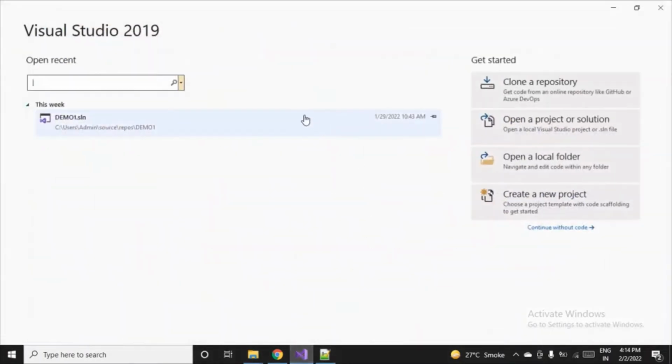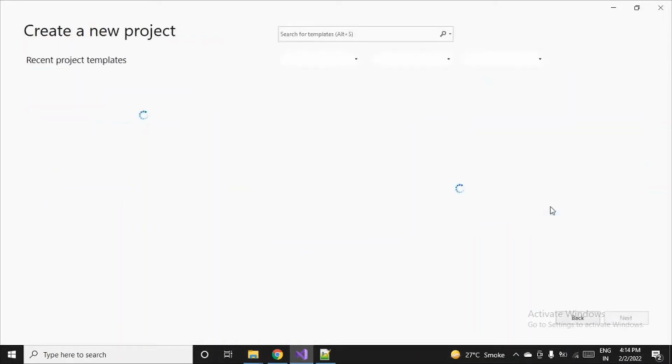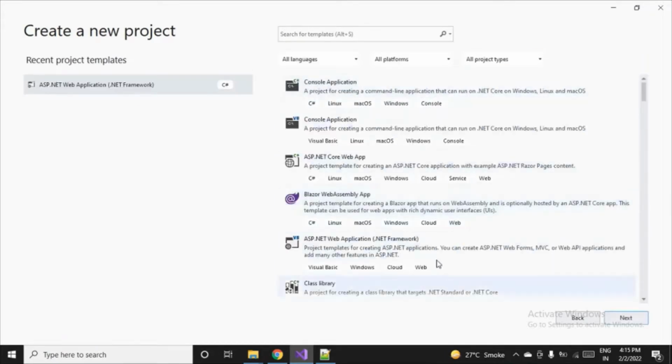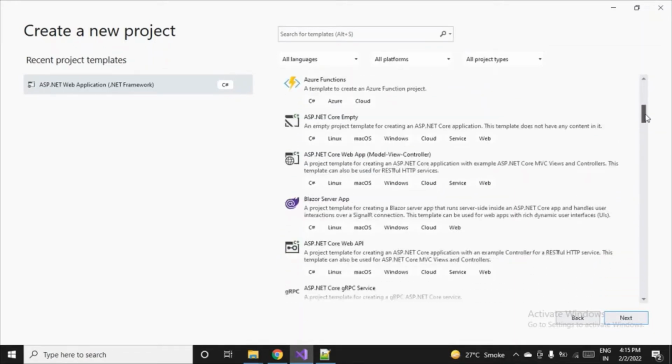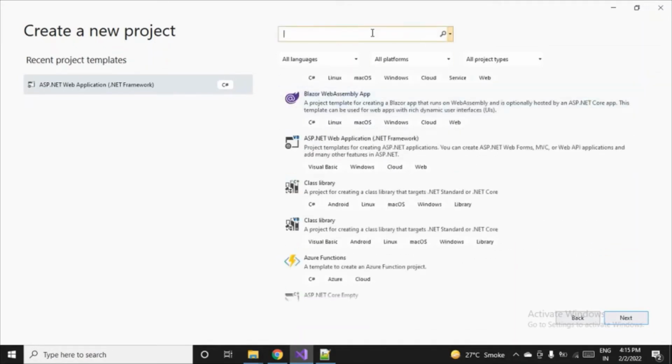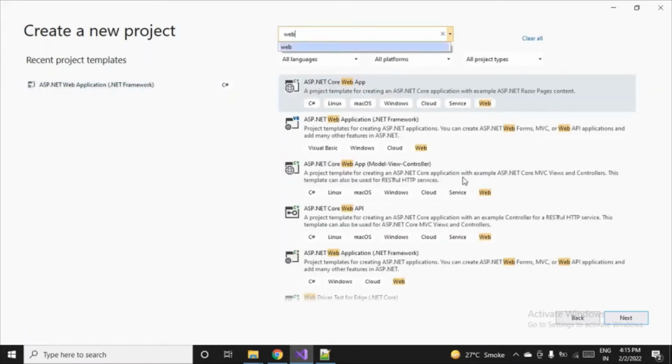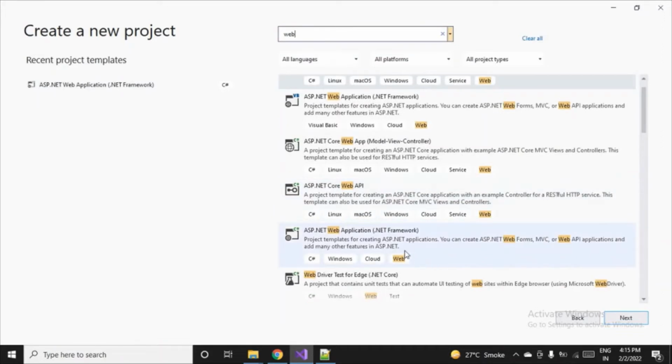So switch to the Visual Studio screen and let's create a new project. This time we'll go with Bootstrap templates. Choosing a template remains the same, like this ASP. I'll just search for web, and the suggestion will come here: ASP.NET web application using C#.